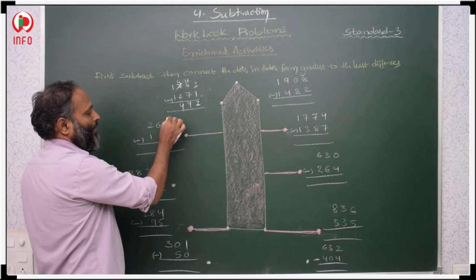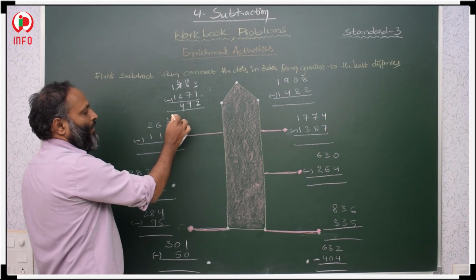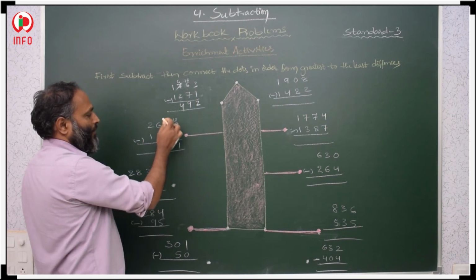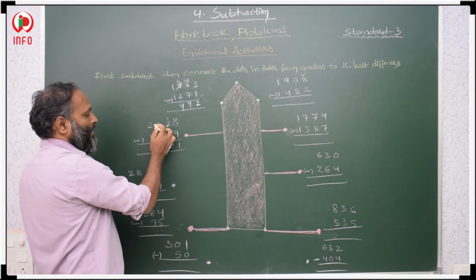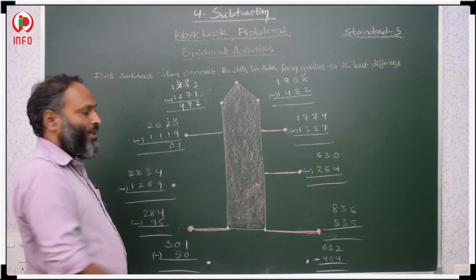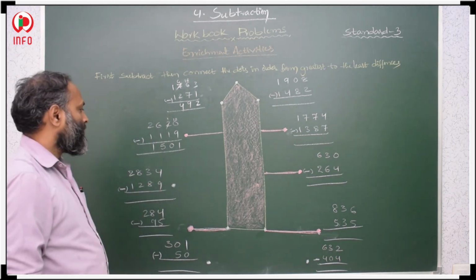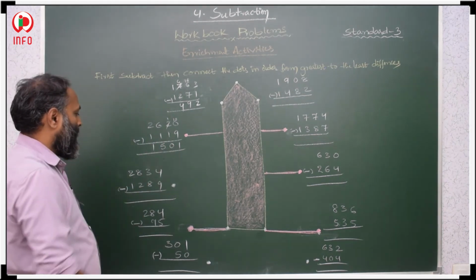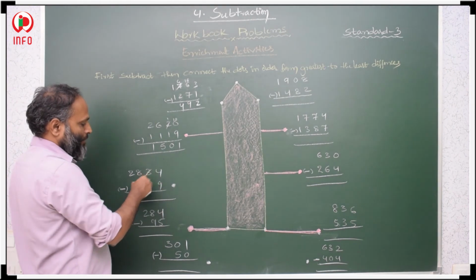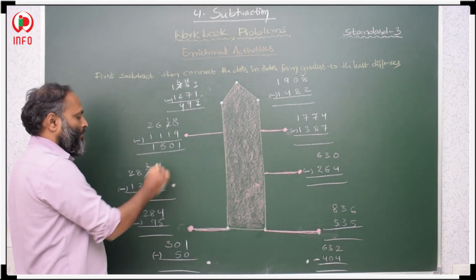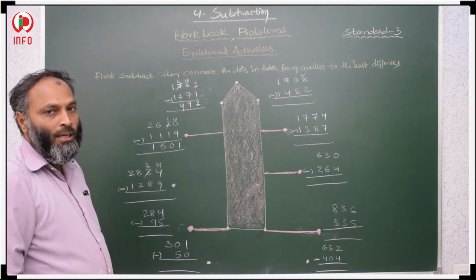Then take power here. It will get 1 here. It will get 10. 10 minus 9 is 1. 1 minus 1 is 0. 6 minus 1 is 5. 2 minus 1 is 1. Next, 4 minus 9, not possible, then 14, here 2. 14 minus 9 is how much?